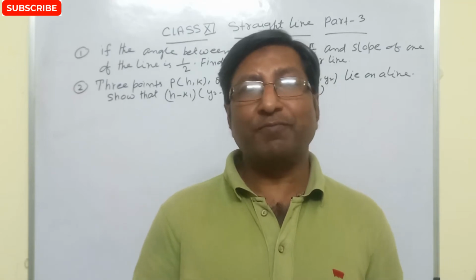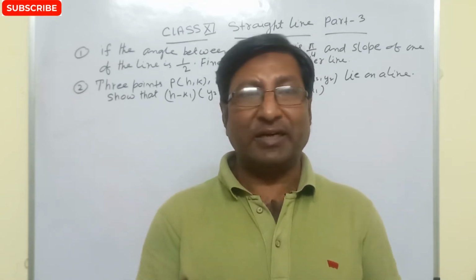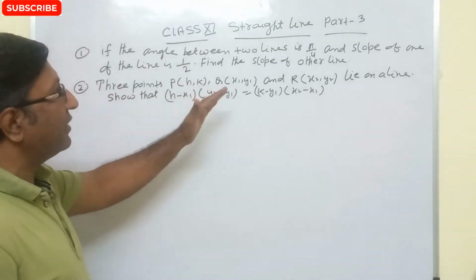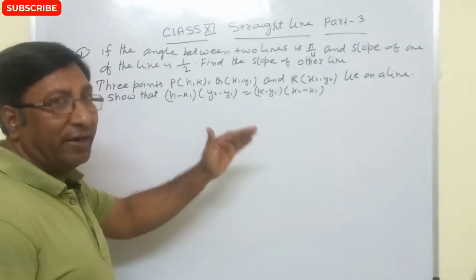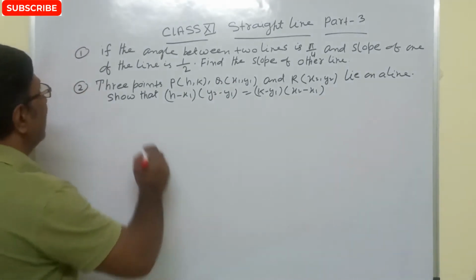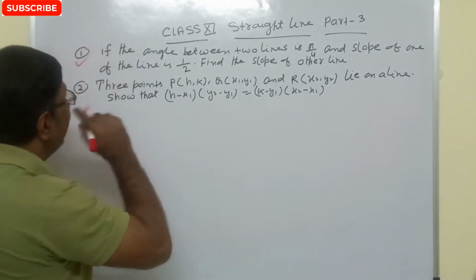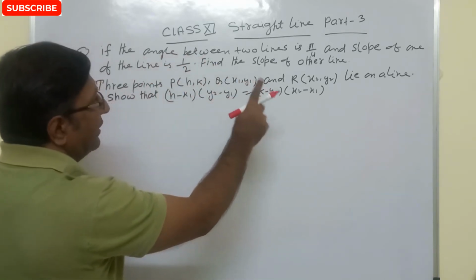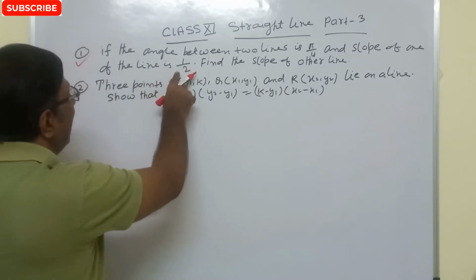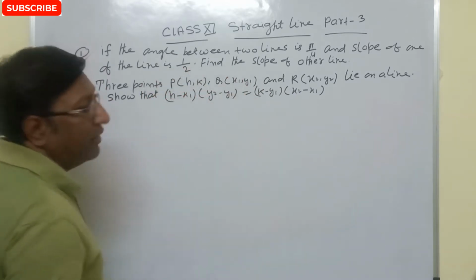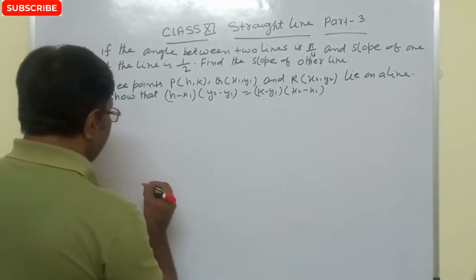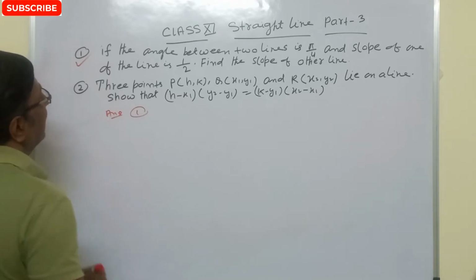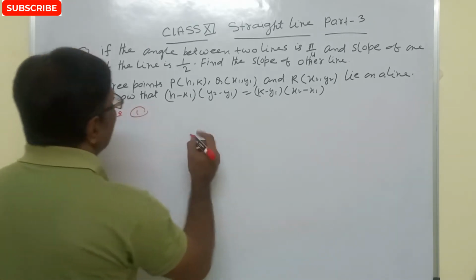आज हम क्लास 11th पार्ट नंबर 3 स्ट्रेट लाइन के अंदर मोस्ट इंपॉर्टेंट बेसिक क्वेश्चन के साथ स्टार्ट करते हैं। ध्यान दो, तो ये हमारा है क्लास 11th स्ट्रेट लाइन पार्ट नंबर 3। पार्ट 1 पार्ट 2 हम ऑलरेडी कर चुके हैं। तो पार्ट नंबर 3 के अंदर जो फर्स्ट क्वेश्चन हमारा है कि if the angle between the two lines is pi by 4 and slope of one of the lines is half, find the slope of the other line। तो ऐसे क्वेश्चन के लिए सिंपल मेथड क्या होता है, ध्यान दो। तो आपने देखा इस क्वेश्चन के अंदर हमसे एंगल पूछा गया, तो find the slope of other line।